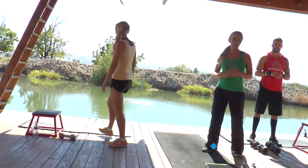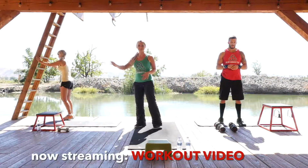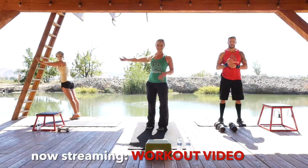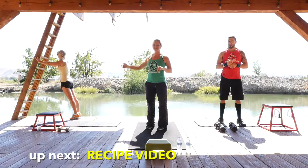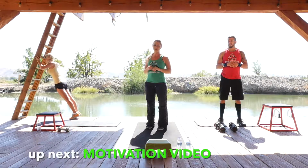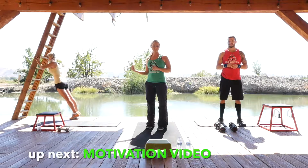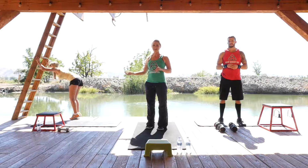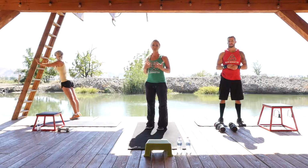So the first move we're doing are push-ups. If you've been a member for a while, you're familiar with this move. If you're green, you're going to find a wall. In this case, we're using this sturdy ladder. You're going to step back, put your hands against the wall, shoulder width apart, raise up on your toes slightly, and then hinge at your elbows until your face touches the wall, and then you're going to push back. Now notice that Lynn's butt's not sticking out, her hips aren't sinking down, right? That's bad form. She's keeping a nice straight back as she brings her chest and her face to the wall